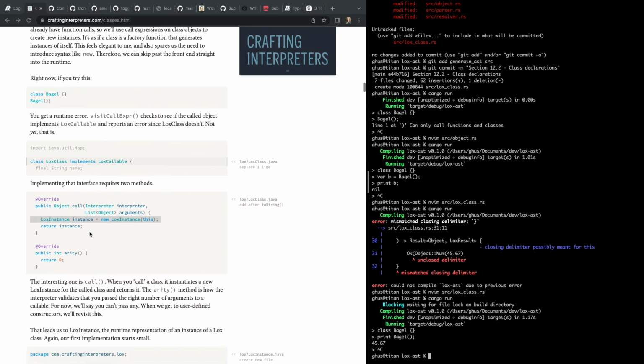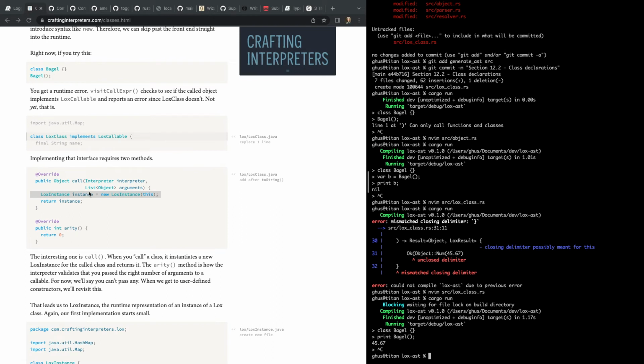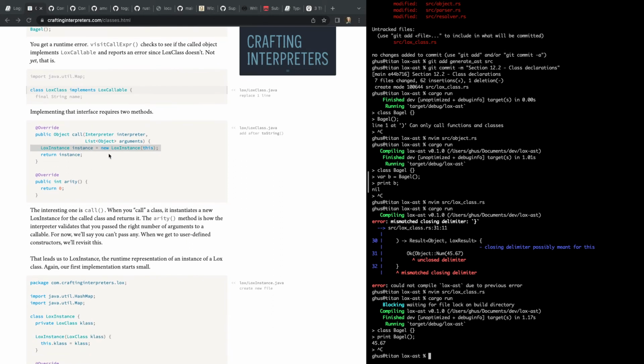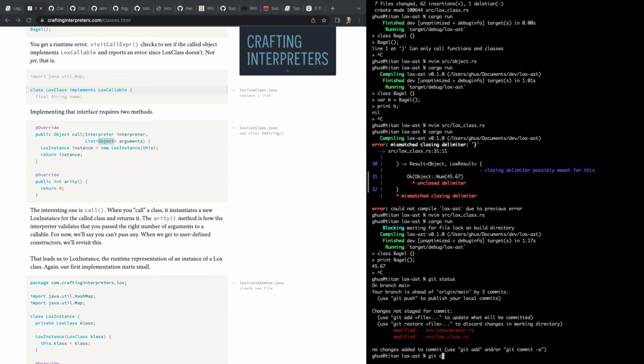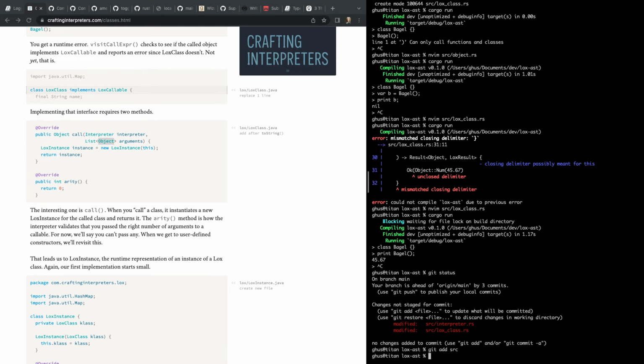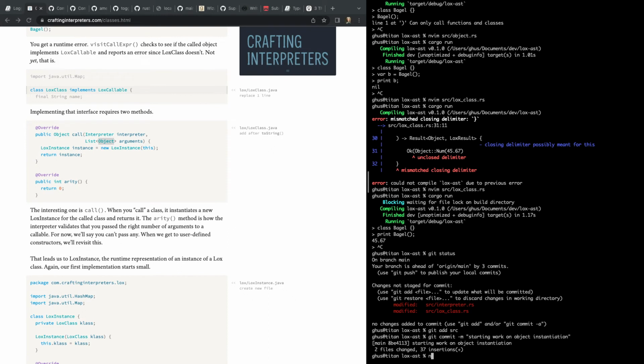What we want to actually do is return an instance, which is going to be yet another object type. Okay, so now we have to create LoxInstance. Let's get status. Add source before we go any further. Git commit. Starting work on object instantiation. Okay, so now we have to create a new